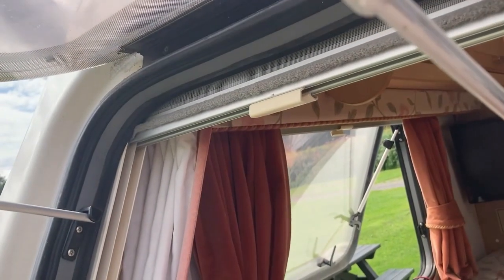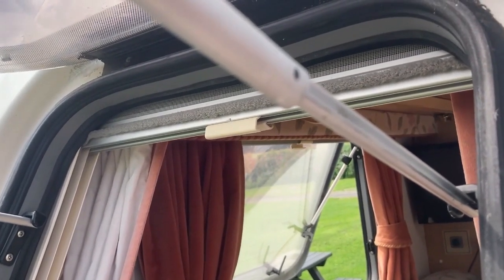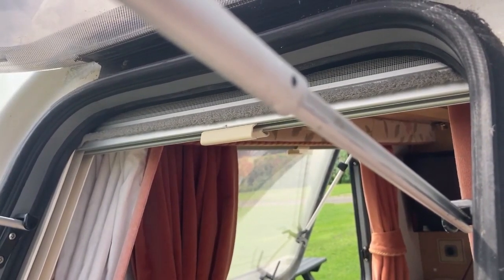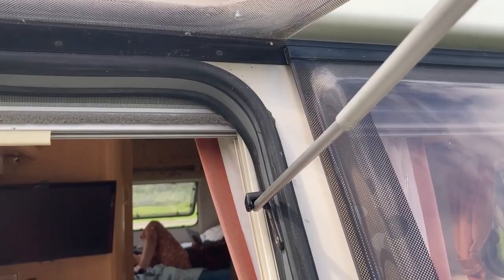So first things first, all we're going to do is hoik that little split pin out like that, so you've just got the blank hole there. Keep the split pin safe because you're going to need it in a moment, but otherwise we move on to the next step. The next thing we want to do is open the window right up. So if you're holding it on your head like I am at the moment, then you just lift the window up. Well, I'm holding it on my head because both of them have gone on this window. You might find that you've got one that still operates and still holds the window open. So you're going to want to release that, or as I say, take the pressure off and just lift the window up until the two parts of the